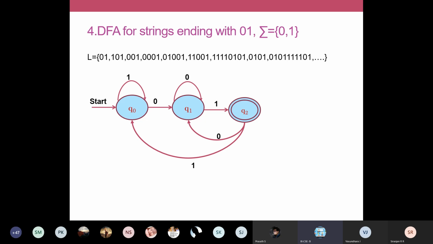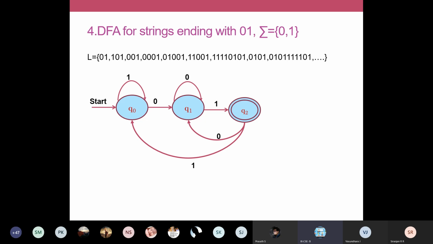Okay, so already it has read 1. Now on reading a 0, if I'm once again going to Q1, this condition will be satisfied, ending with 0 1. Okay, so Q2 to Q1 you have a 0, and then on reading a 1 you can go to Q2. So it is also valid, is it not? So that's why we are moving on to Q1 here instead of going to Q0. You must not go to Q0. Okay, so from Q2 on giving a 0, we move to Q1 because this problem is strings ending with 0 1. So for 0 1 I can go to the accepting state if I am going to Q1 itself. If I am going to Q0, it will be wrong.